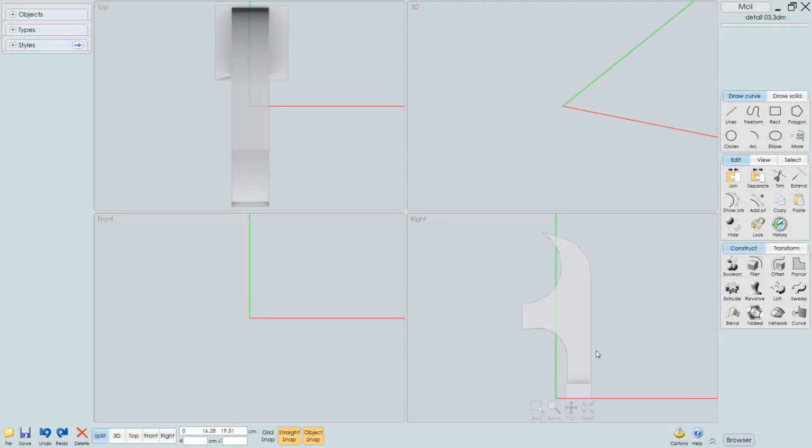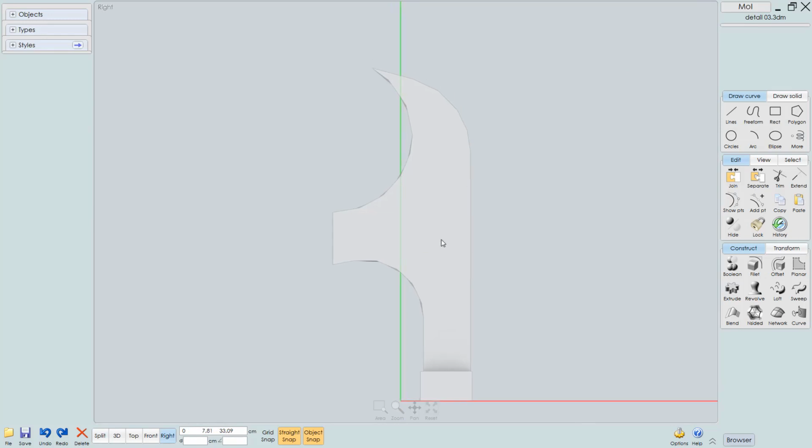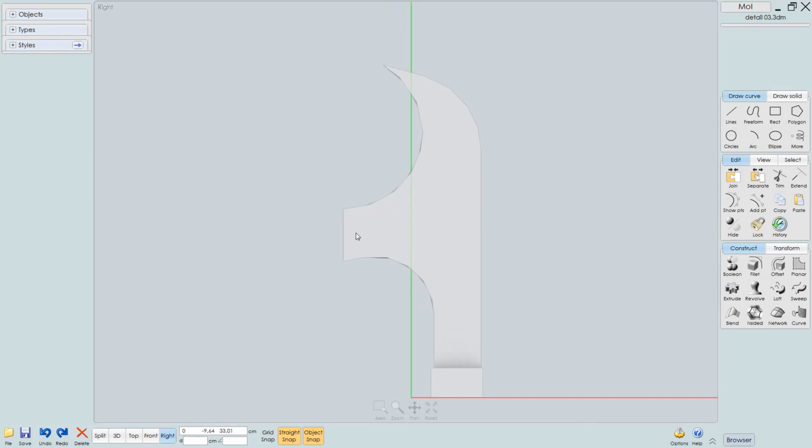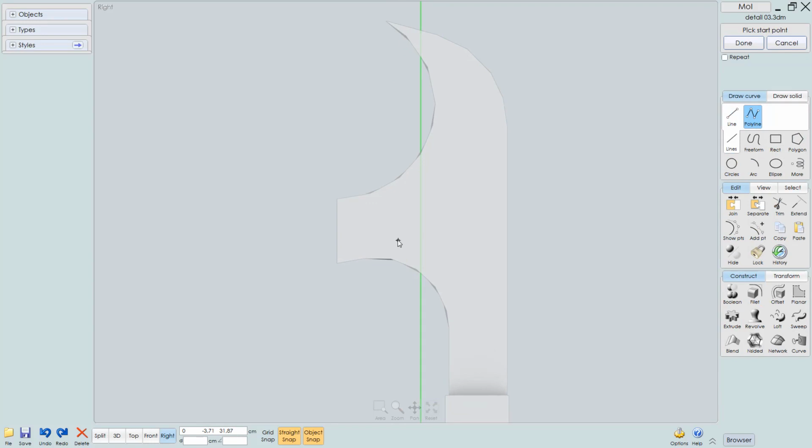We are going to start this Bogie frame with the simplest detail, which is the one that I call detail number 3. So please go ahead and open the file that is called detail03, and you will already find the reference images in there, so we can get started right away. Let's switch to the right view, and what I'll do is I'll use a polyline to create the basic outline of the shape. So let's go ahead and grab a polyline,